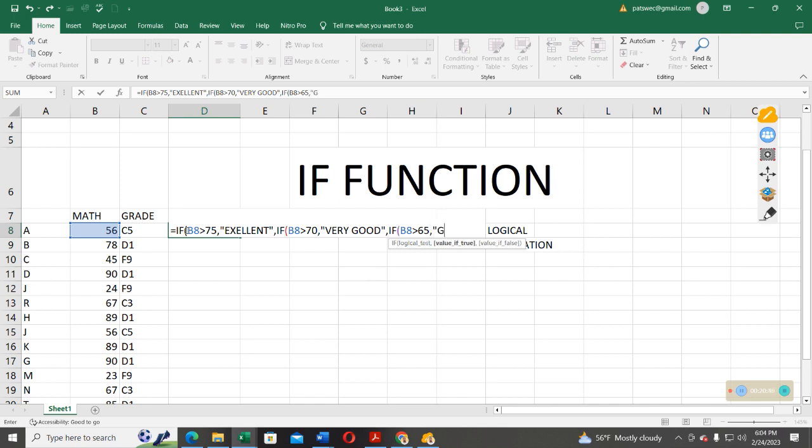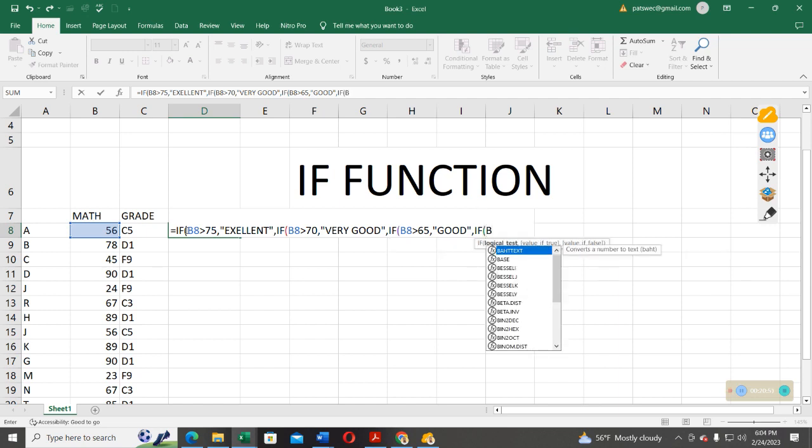I say "good," open quotes. I say comma. I say if, open bracket B8 is greater than, so in this case greater than 60, open quotes. I say "fair good,"